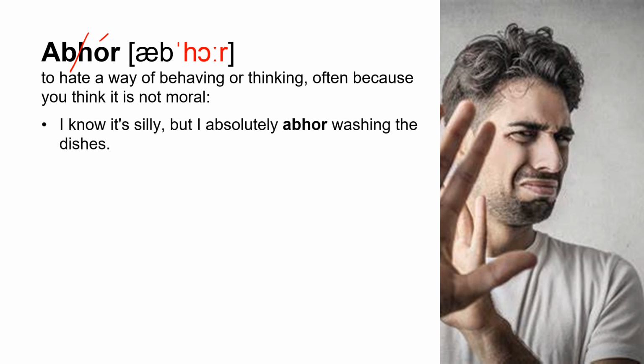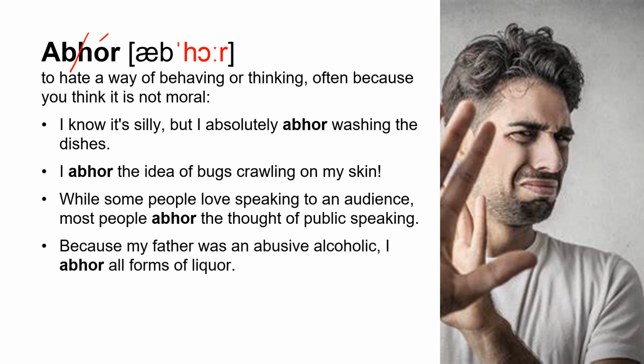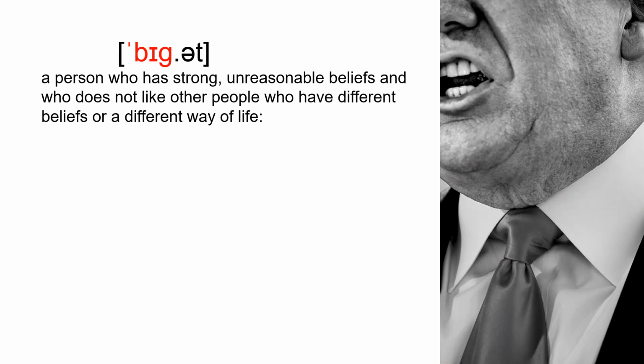I know it's silly, but I absolutely abhor washing the dishes. I abhor the idea of bugs crawling on my skin. While some people love speaking to an audience, most people abhor the thought of public speaking. Because my father was an abusive alcoholic, I abhor all forms of liquor. Abhor. The next one,